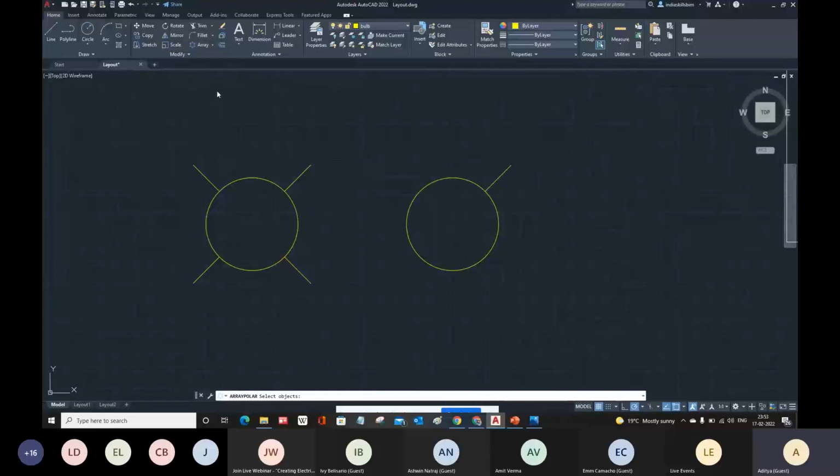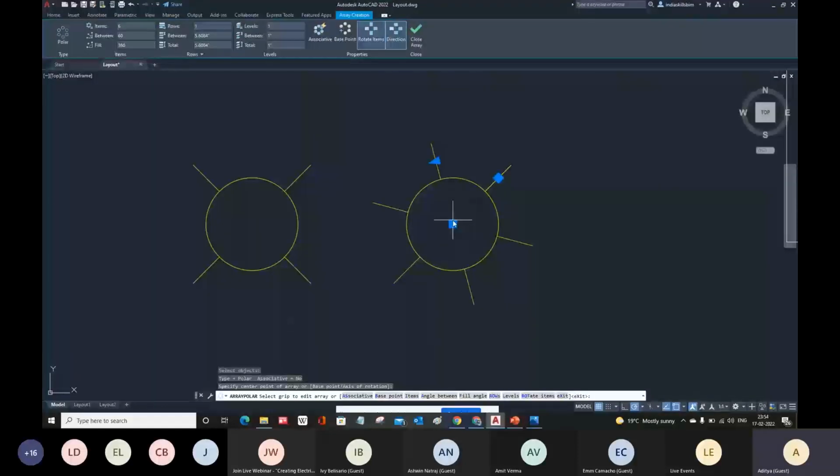Now the software will ask you to select the object for which you want to create the array. So this is my entity, select it, hit enter to accept, and after that it will ask you to specify the center point of the array. A center point is going to be like the center of the circle, because we need to create the items for this entity around this circle. So that's why this is going to be my center point, kind of a fixed point. Click on it, and as you hit the center point of the circle, the software will automatically give you a few items. You can see 1 2 3 4 5 and 6.